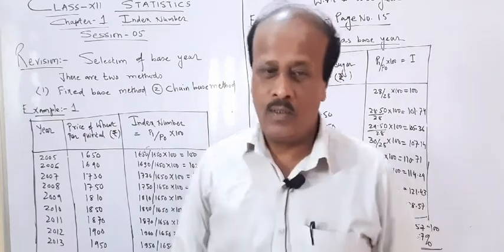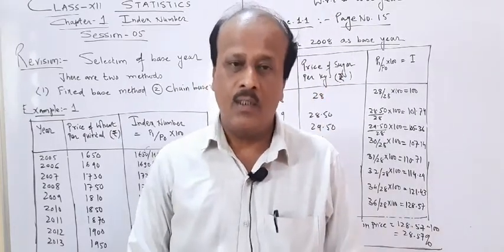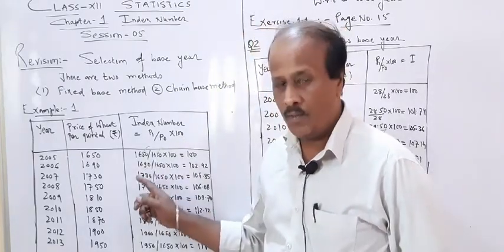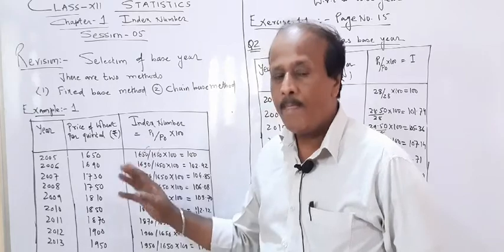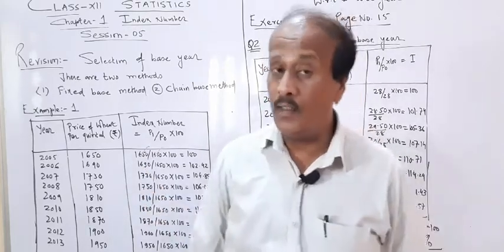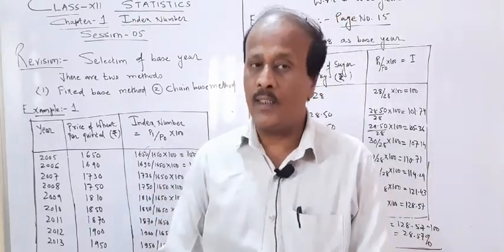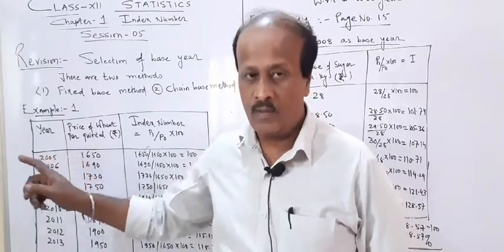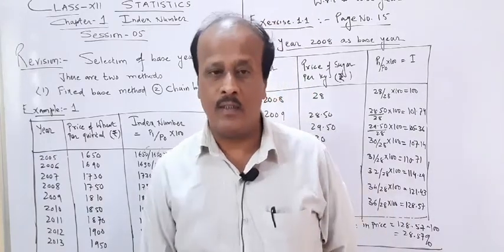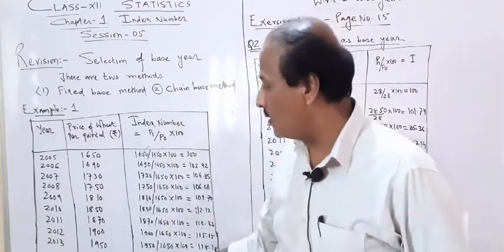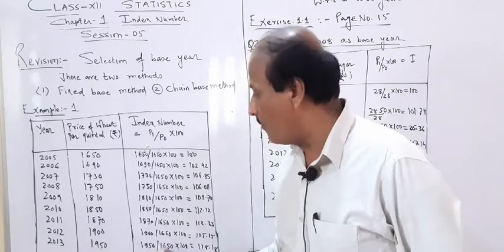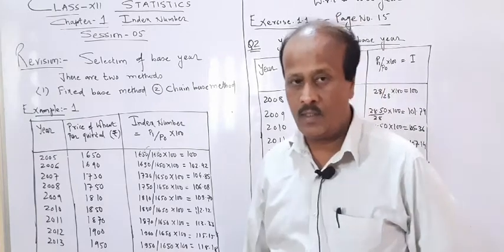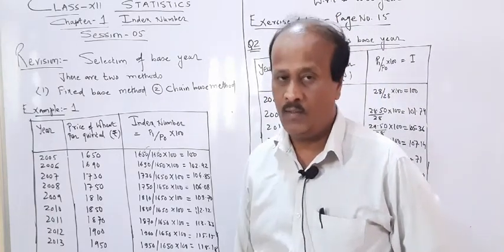Sometimes, since this question comes for 3 marks, they are not only asking you to calculate the index number for each and every year, side by side they say find the increase in the value of that index number with respect to the first year, that is 2005. Many times students forget the final result. Don't forget that final result. What is the value of the index number for the final year 2013? It is 118.18. Again, use a calculator to confirm this value.